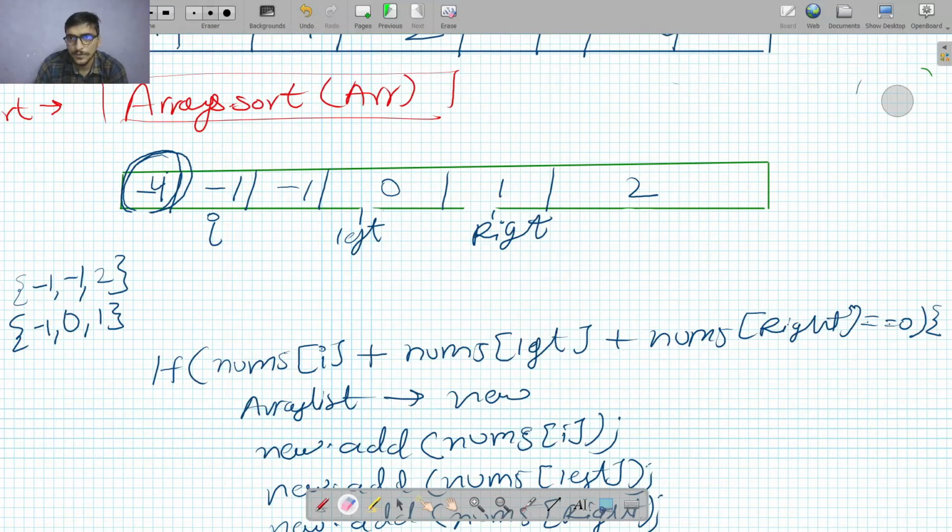Now let us check for other cases. Now I will increase my left pointer. So in this case, my left and right pointers will point to the same element and my loop condition falls out. So I will be out of the loop. So I will check for the other iteration. Okay. Let's erase this all. Now my